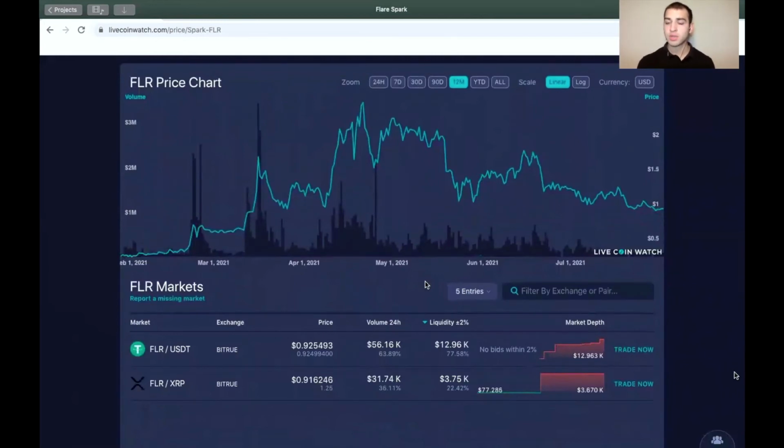XRP now effectively exists on a non-Turing complete network, and once there, trustless interoperability with other networks is feasible, both through interoperability protocols such as Cosmos and Polkadot, or with Ethereum via well-defined bridge protocols. In short, FLR can be used as a smart contract platform for XRP or as a trustless pipeline for XRP to other networks.